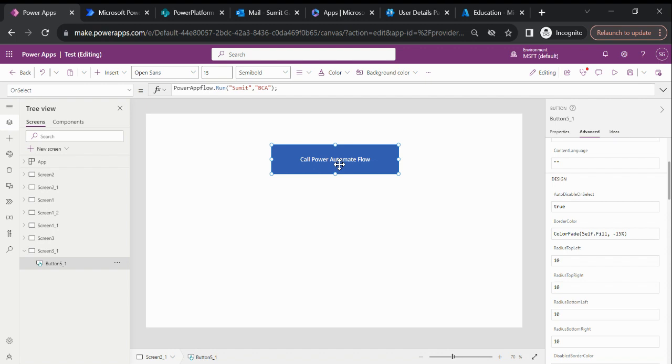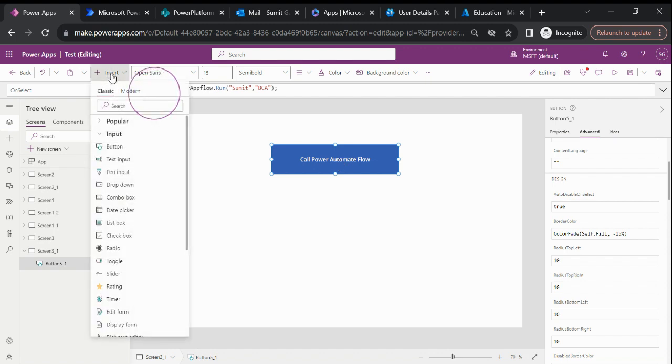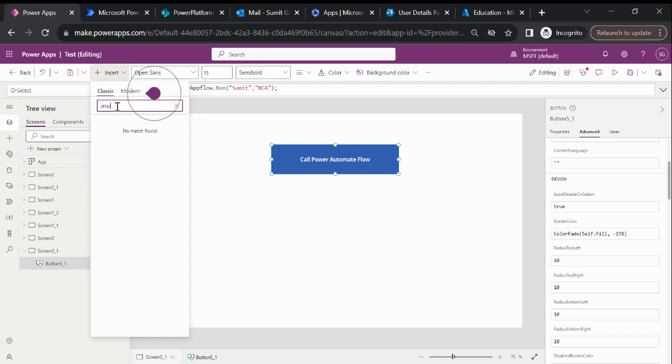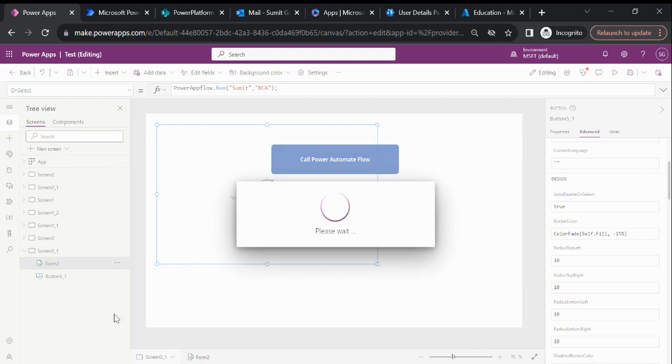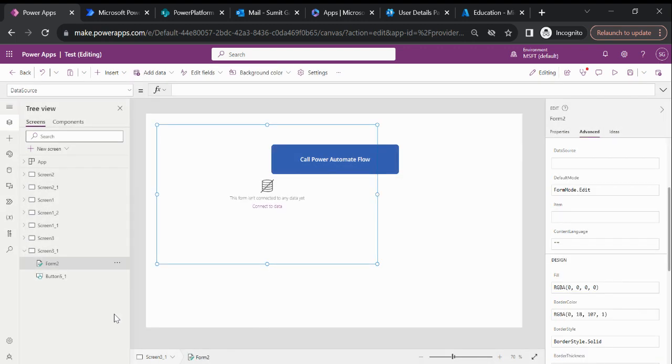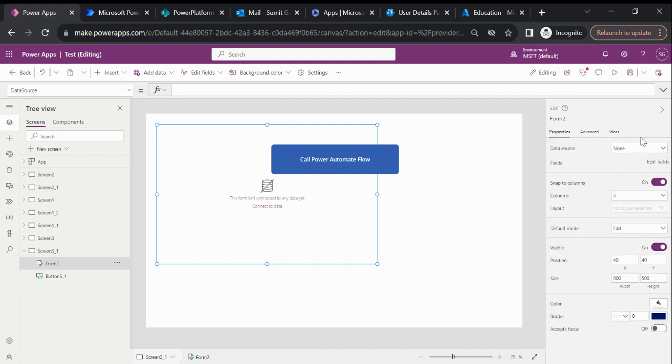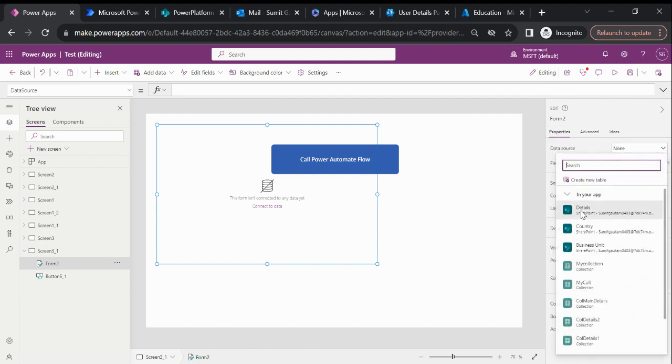If I select this insert option and type, let's say, attachment, then you are not able to see any attachment control. So to add that attachment control, what we need to do, if I select the form, inside the form you will get an attachment control. Okay, let me just select any table of this,